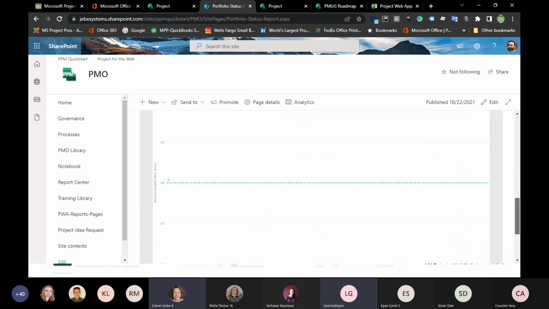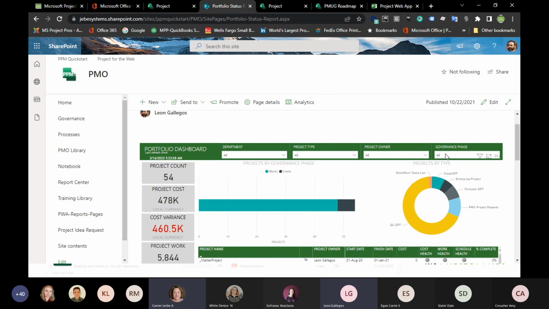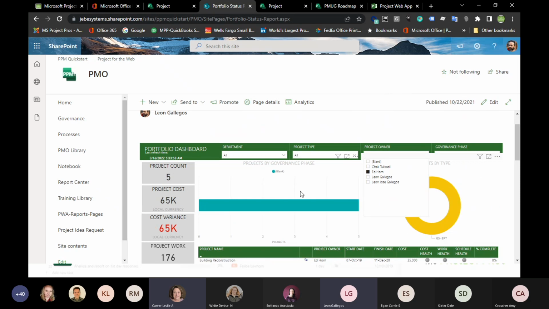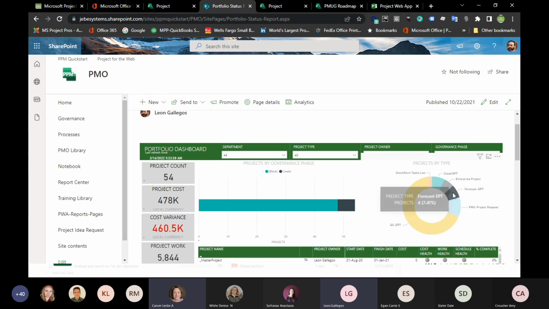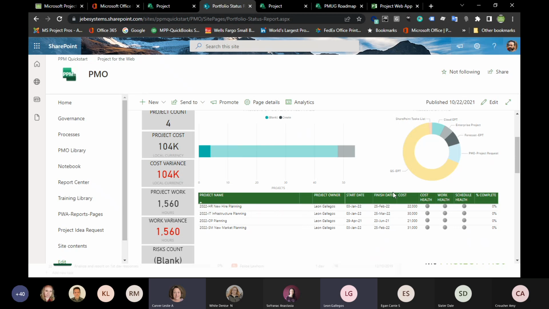And you can see there's, I don't know how many of these we have in here. So I can go in here and look at my project owner, for example. If I can grab this guy, let's see how many projects Ed is working on, and you can see how it dynamically changes there. And I'll uncheck him. Maybe I want to see all the forecast projects. So I'll click on that one, scroll down, and you can see how it just filters it down. So these are all my forecast projects.